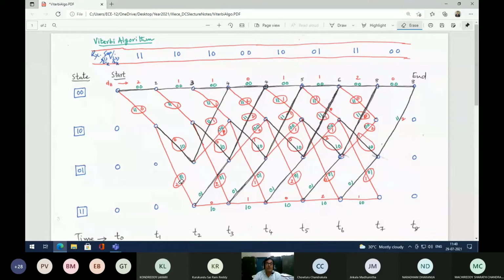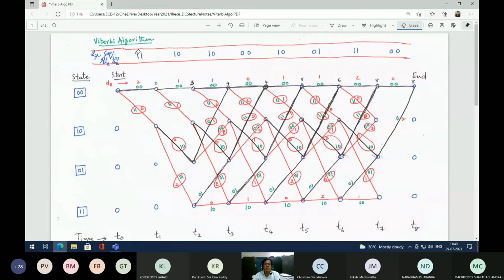Is it followed? Similarly, with this sequence, whatever branches you get, you have to compare with this. Likewise, you have to proceed in this way. Now, we are starting from here. 1 and 0, 0 you are comparing. So, what is the Hamming distance here? It is going to be 2. Are you there? Okay, sir.